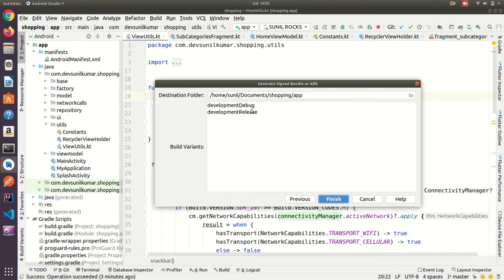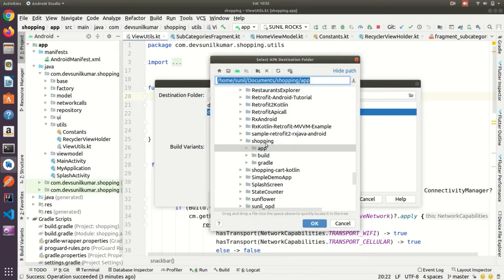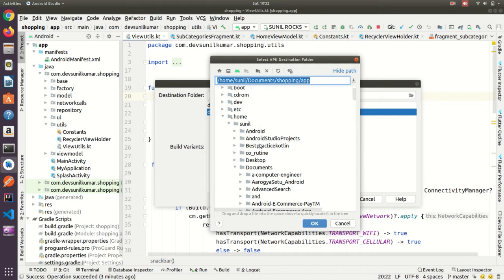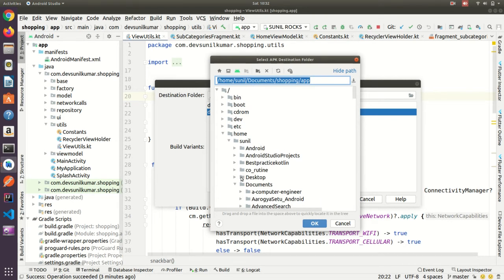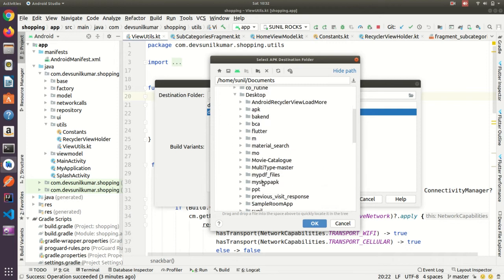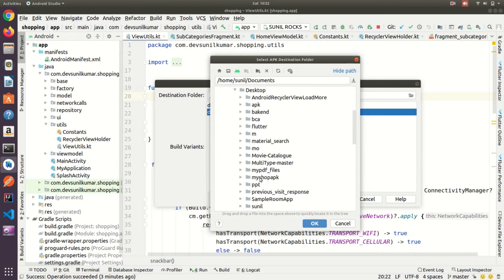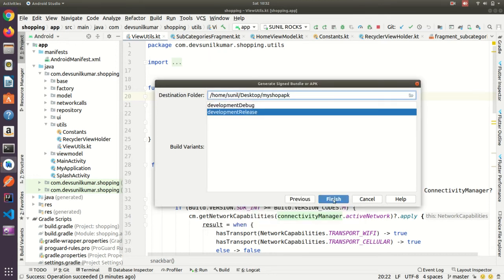Now here, what do you want to generate: a signed release. You can choose the folder where you want the APK. In the same folder I am going to give that path.